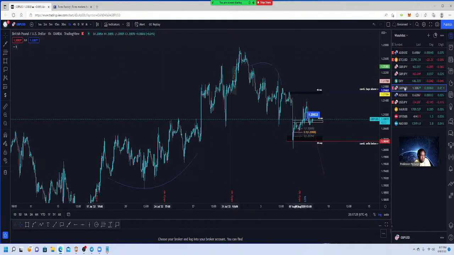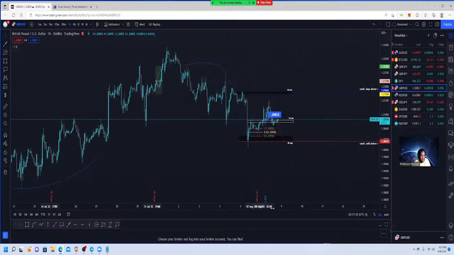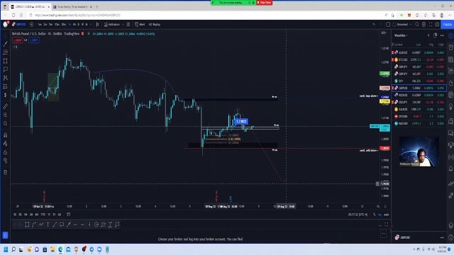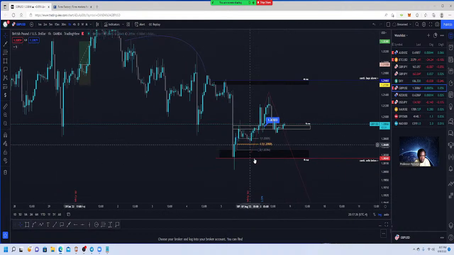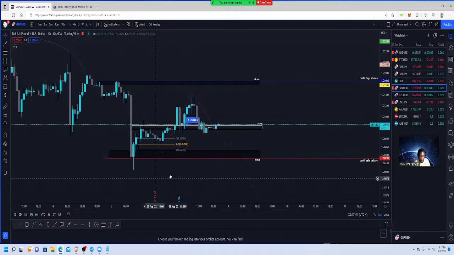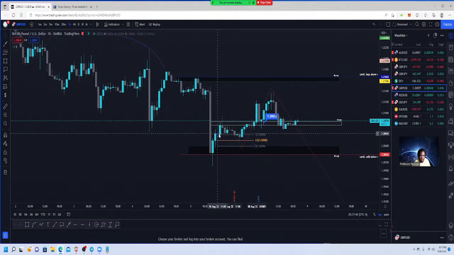Kicking over to GU. Oh man, yeah, I wanted this trade last night, but it took off outside of my range or my time frame. What I was looking for was pretty much the same thing as on the other charts. We had 1-hour resistance. This is a little bit different than what AU had, because on this price action I wouldn't have been wanting to take the shorts to retest the lows,